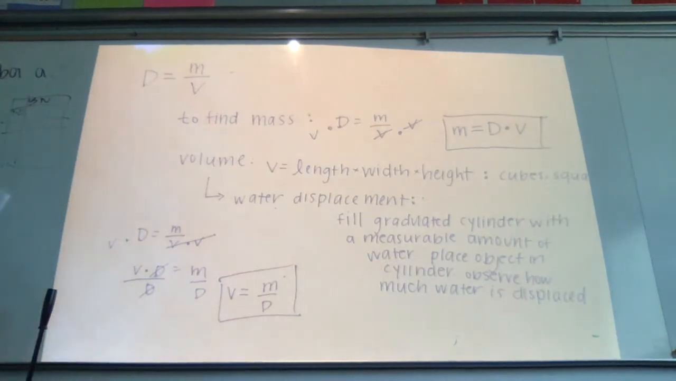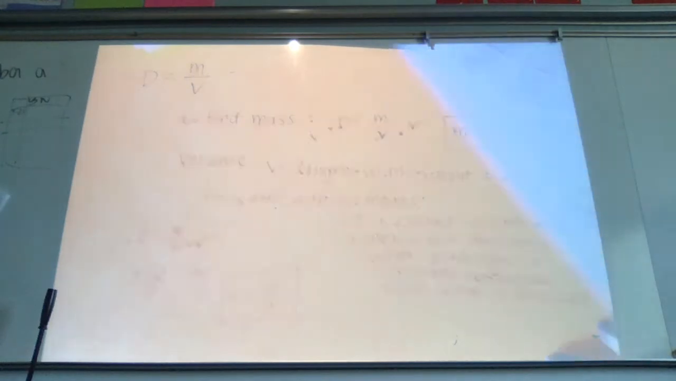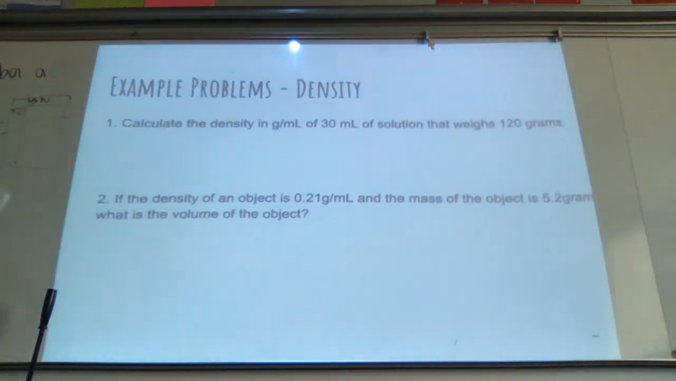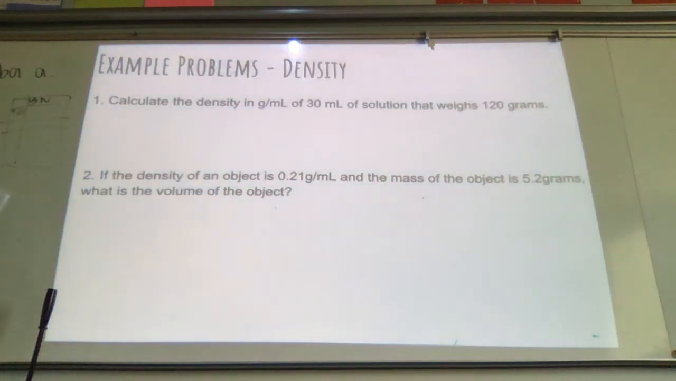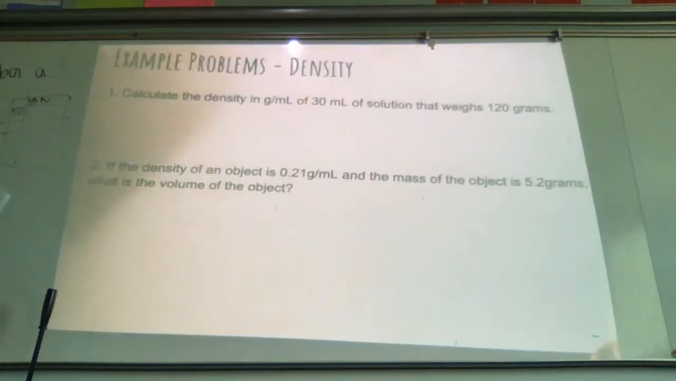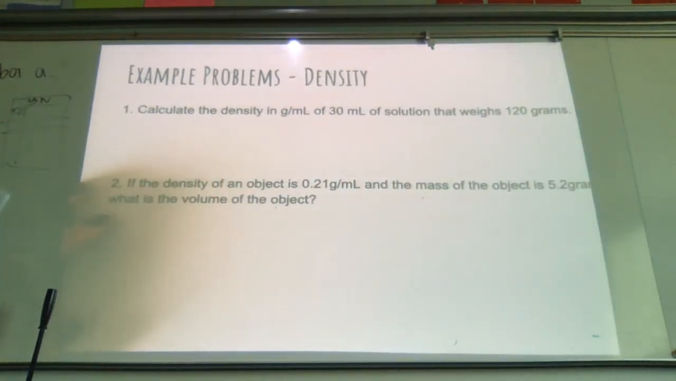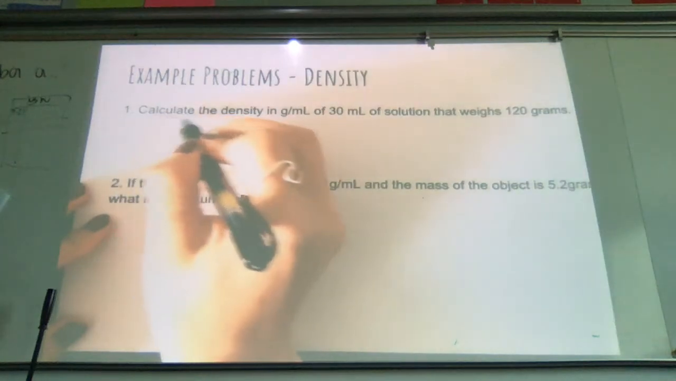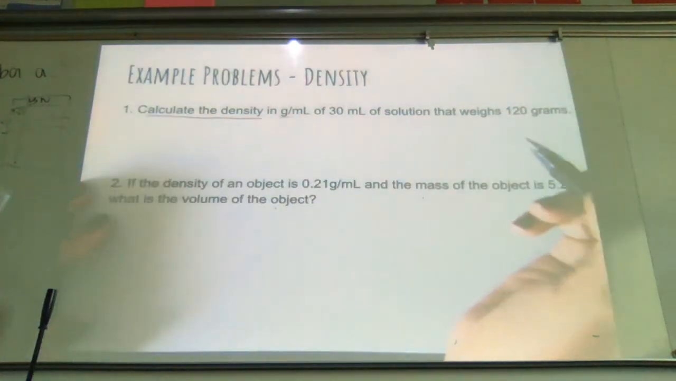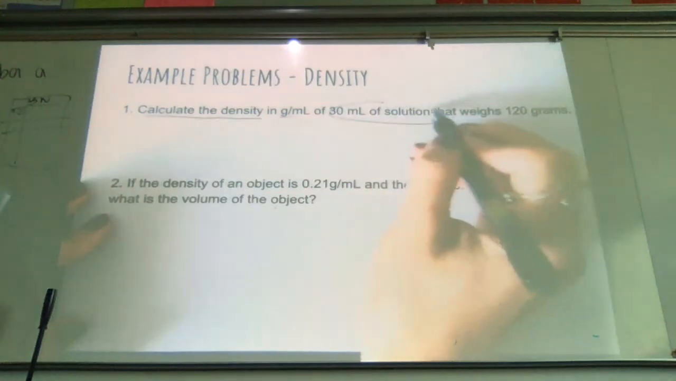I have two practice problems that I want to go over with you now. So our first problem states, calculate the density in grams per milliliter of 30 milliliters of solution that weighs 120 grams. Your first step in solving a problem is always going to be to list your variables. So when we're listing our variables, it tells us that we're calculating the density in grams per milliliter of a 30 milliliter solution that weighs